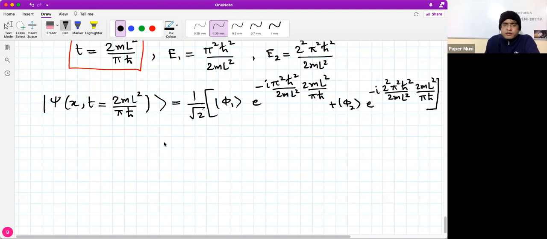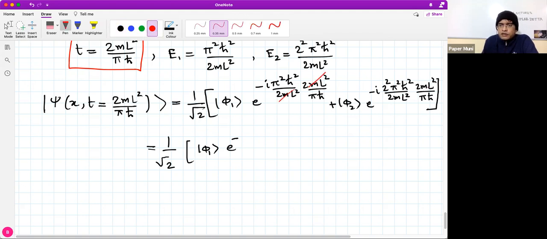from the previous line. Now if we solve this, what will we get? You'll get this is ϕ1, e to the power. Now if you cancel this out, what will you get? This part cancels out, this cancels out, here also this cancels out, and one of the terms gets cancelled here. So what we are left with is, now